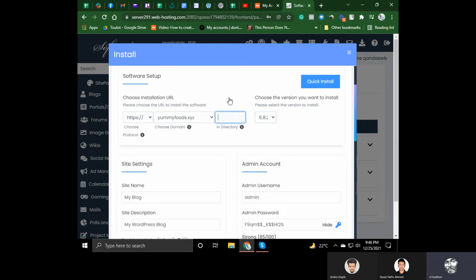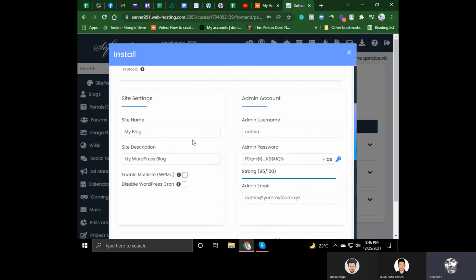And you don't have to worry much about any of this. You can just add the site name. So I'm gonna just type in Yummy Foods, and then you can change this admin password. So I'm gonna change it to something a little bit complex so that it's difficult for hackers to hack our website. Okay. So I'm gonna put